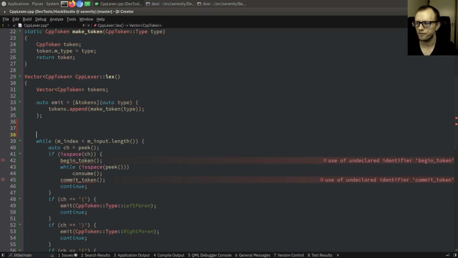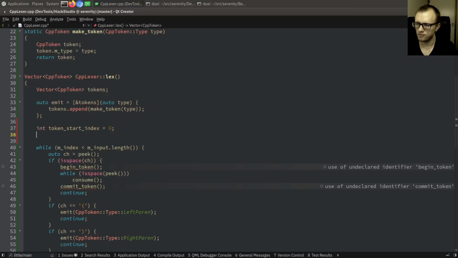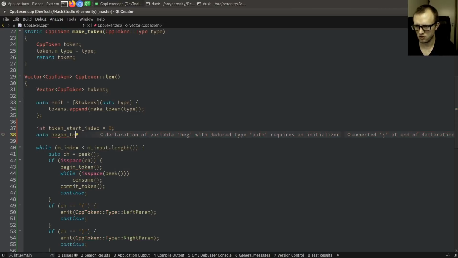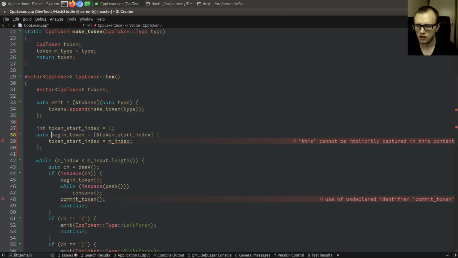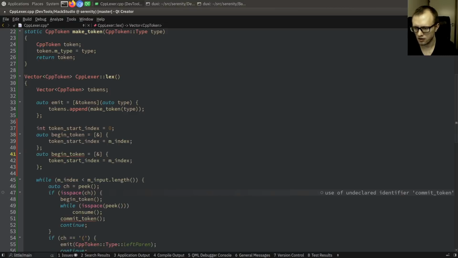And then we'll have a token start index. Auto begin token. It's going to be a little function that captures the token start index by reference, and it will just set it to wherever we are right now. And then, cannot be implicitly captured. Well, my bad. Okay, let's just do it that way. And then commit token